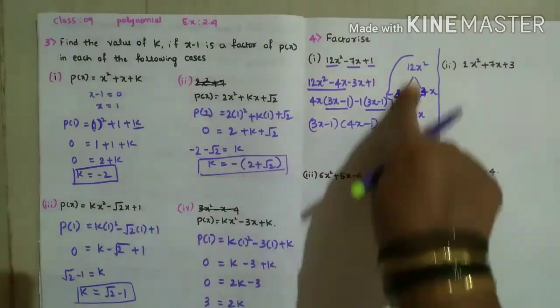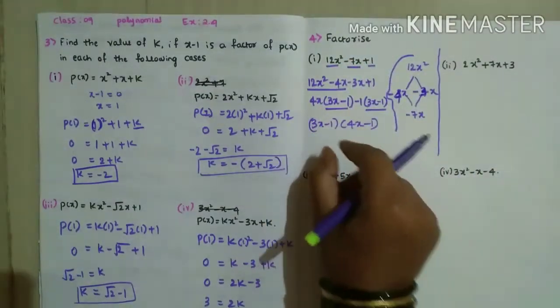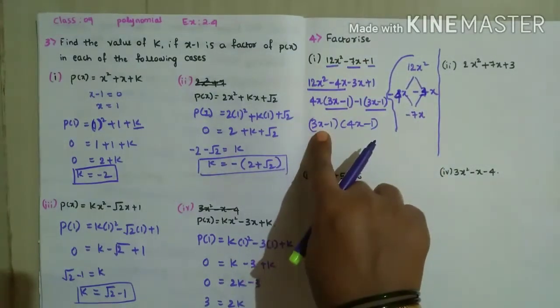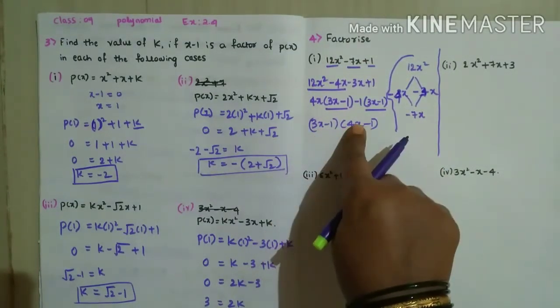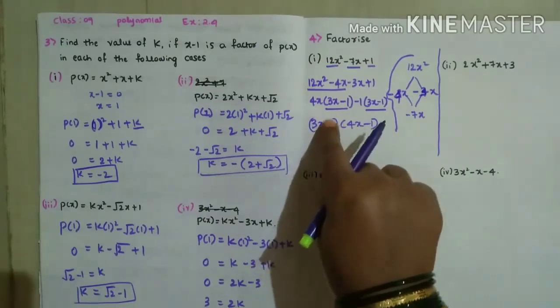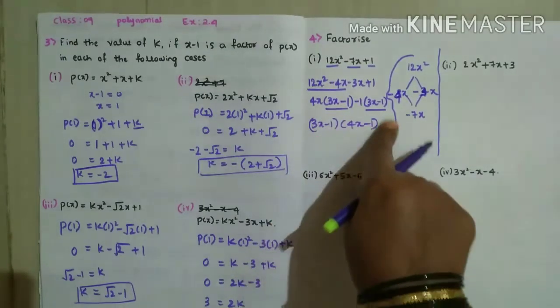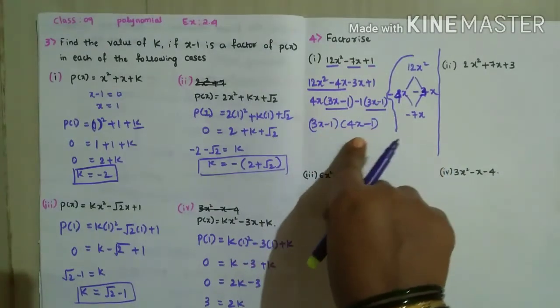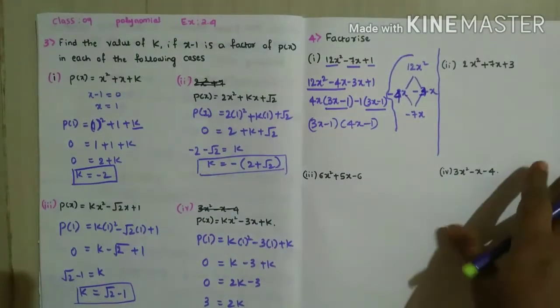We got the two terms, instead of this equation. If you multiply these two again, we will get this equation. You know how to multiply binomials: the first one with this one, next 3x into 1, 1 into 4x, 1 into 1. If you multiply and simplify, again you are going to get this equation. But here we factorized. Like this we have to solve the remaining three sums also.